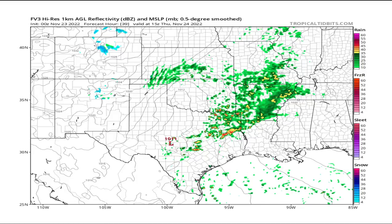Let's move ahead here to your Thursday morning time frame. This is around mid-morning, and you can see some scattered showers and a few embedded thunderstorms starting to rumble in across northeast Texas, back across the San Antonio area, getting up toward the Dallas-Fort Worth Metroplex, Texarkana. Some of these storms could be a little feisty with some heavier downpours, some small hail, maybe some isolated damaging